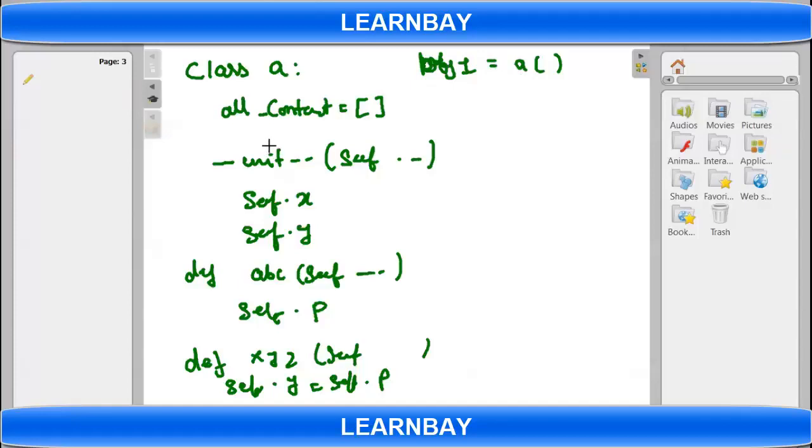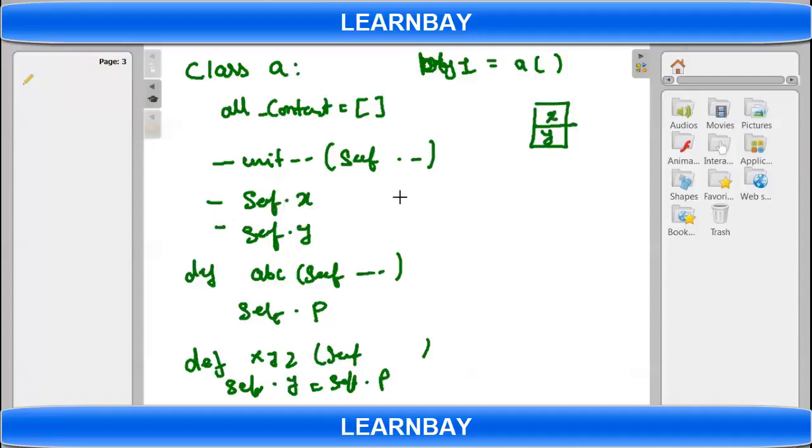This constructor will call init, and now what will happen? If we talk about RAM, I will get one object, and it will have X and Y because of these two lines.